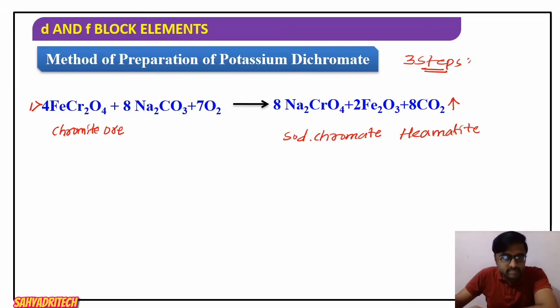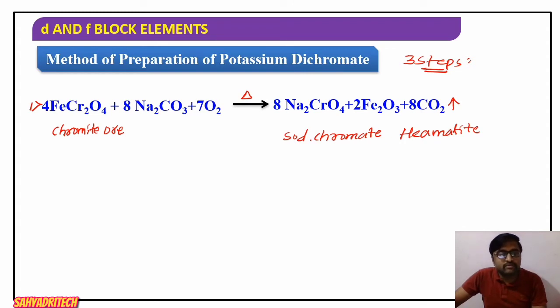Here, what does the first step say? Finely powdered, or I can say finely divided, chromite ore is mixed with sodium carbonate and is subjected to heating. On heating by passing oxygen gas, when a current of hot air is passed